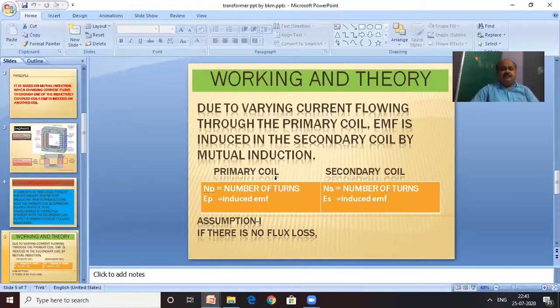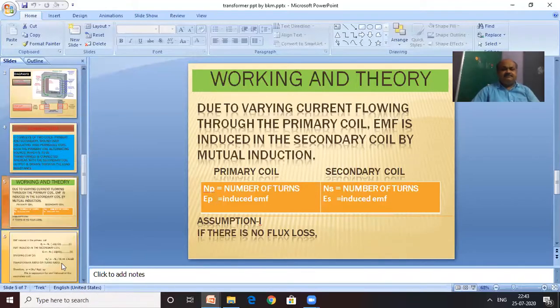For the primary coil, NP is the number of turns, NS is the number of turns of the secondary coil, EP equals the induced EMF in the primary coil, whereas ES is the induced EMF in the secondary coil. Its working is based on two assumptions. The first assumption is, if there is no flux leakage between the primary coil and secondary coil, then